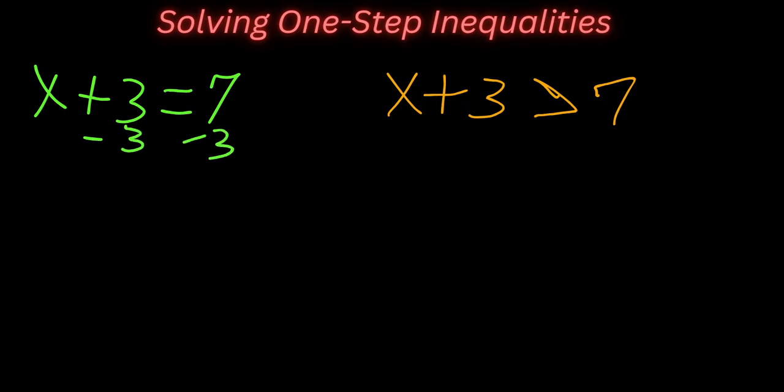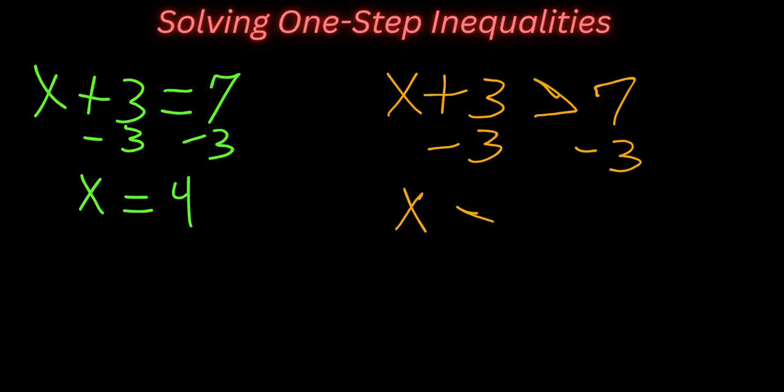We subtract 3 from both sides over here on the green equation, and we do that over here, and we get x equals 4, and we get x is greater than 4. And we get the same